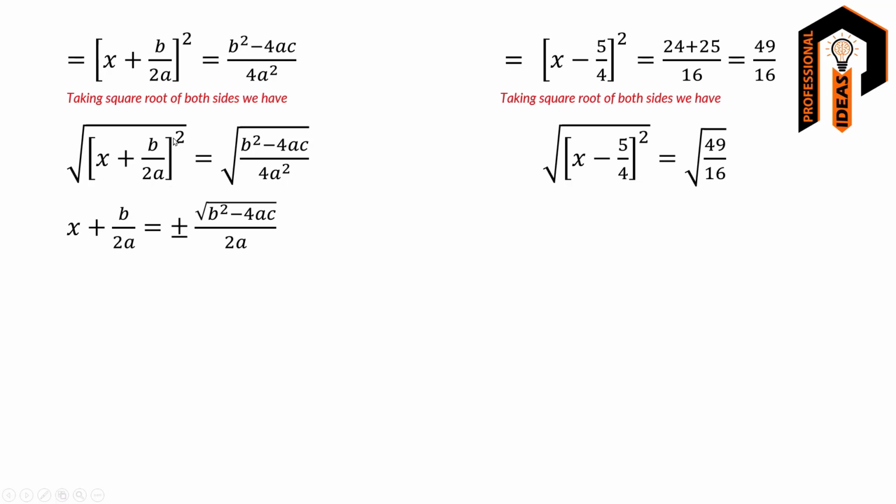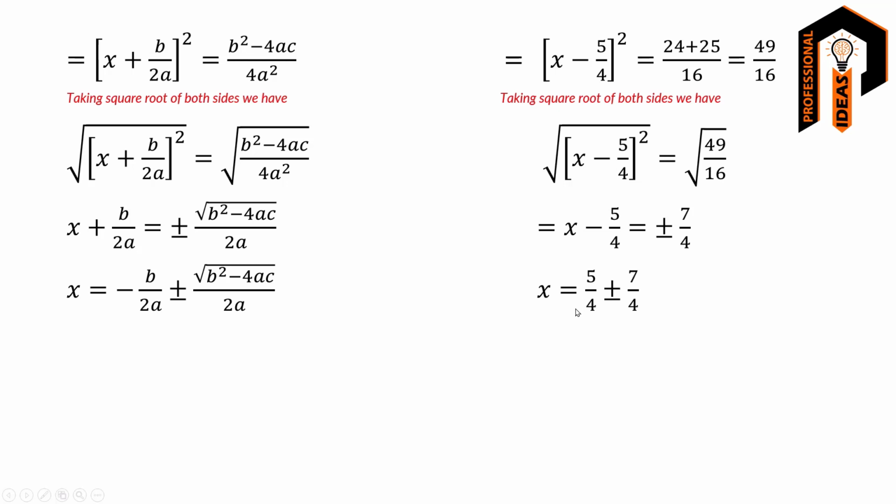equals plus minus square root of b square minus 4ac over 2a, and x minus 5 over 4 is equal to plus minus 7 over 4, and x is equal to minus b over 2a plus minus square root of b square minus 4ac over 2a, and x is equal to 5 by 4 plus minus 7 by 4. So if we take the LCM of both the terms, it will be 2a. Hence the quadratic formula: x is equal to minus b plus minus square root of b square minus 4ac over 2a,